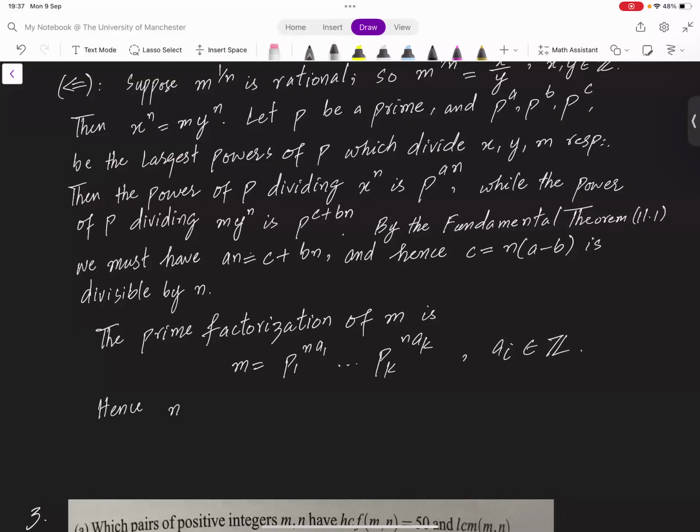Hence, m is the product of all these primes power n, and so m is an nth power as required. Okay,